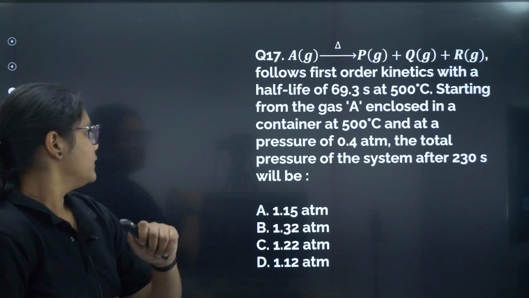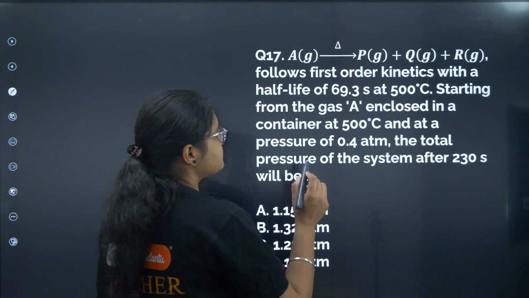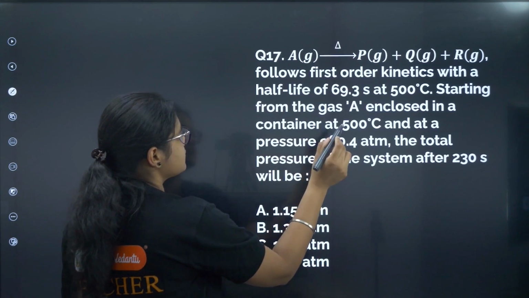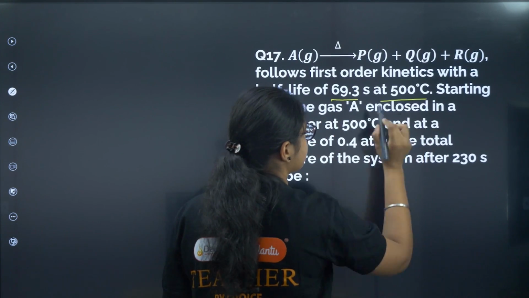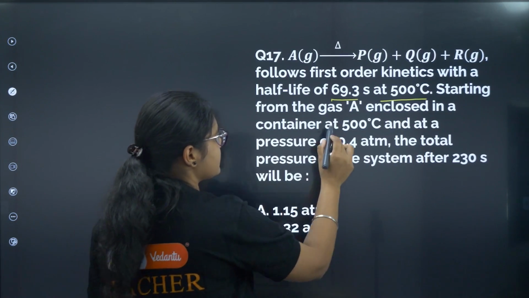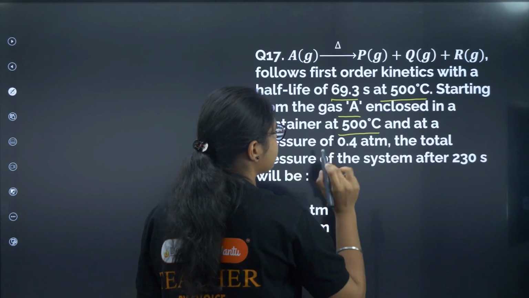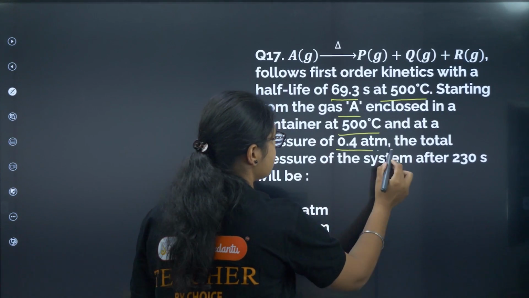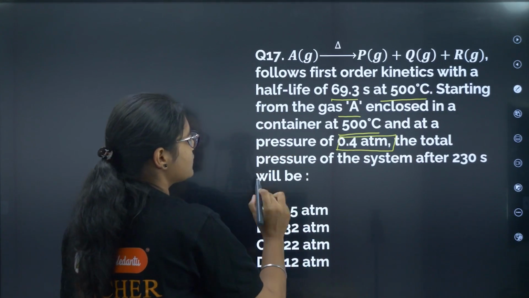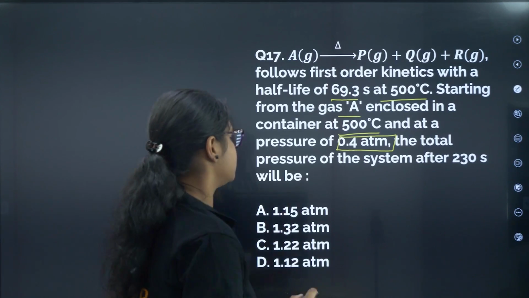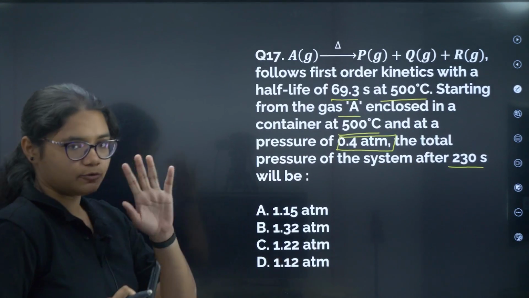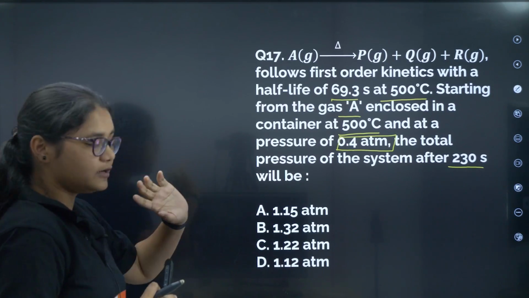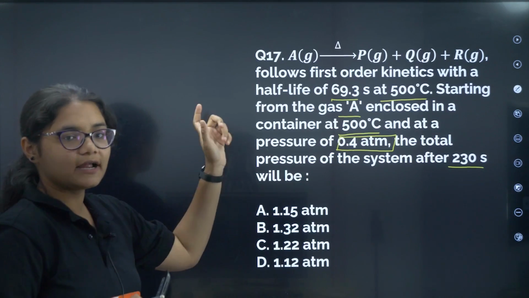Okay. Next. A gives P, Q plus R, follows the first order kinetics with a half-life of 69.3 seconds at 500 degrees Celsius. Starting from the gas A enclosed in a container at 500 degrees Celsius and a pressure of 0.4 atm, the total pressure of the system after 230 seconds will be. Okay. So now this question is from your gas phase, little not different, but you have to understand how to